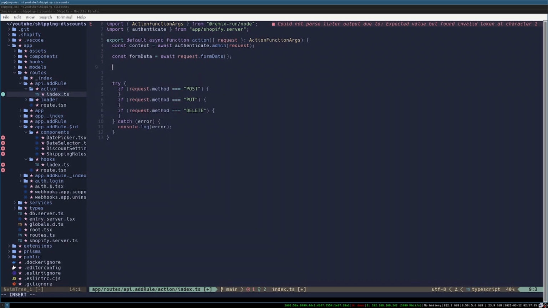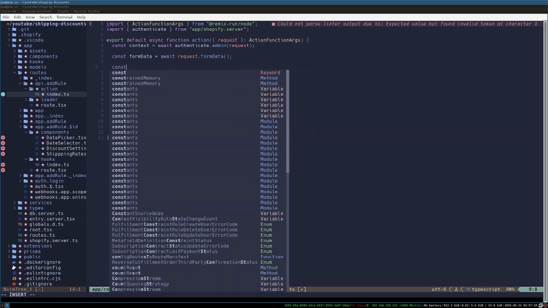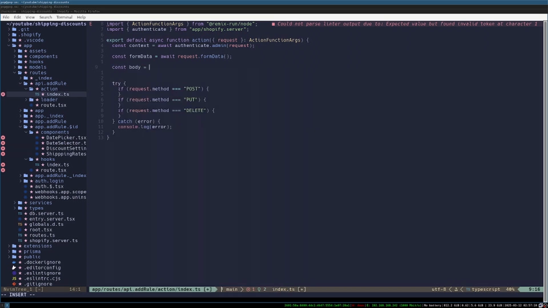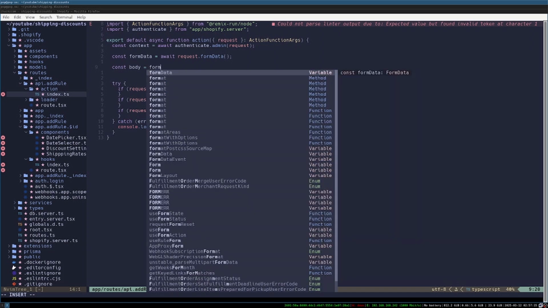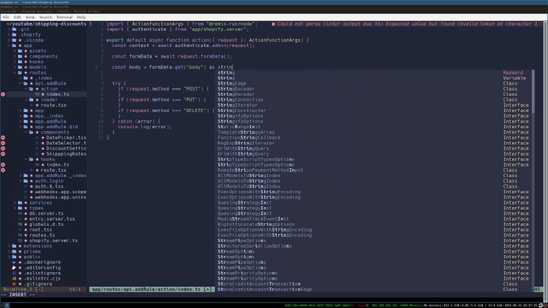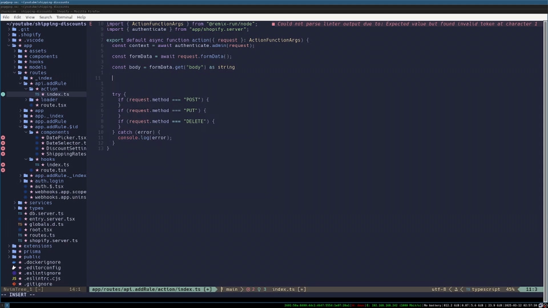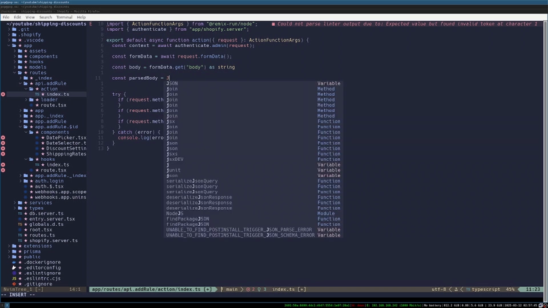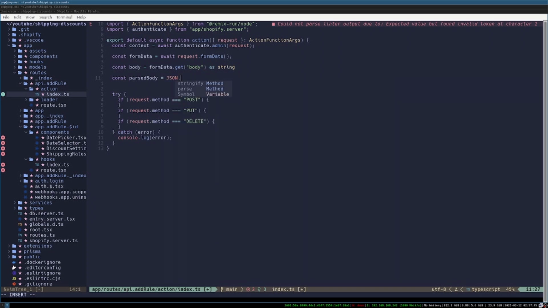All right, so now that we have the data from here, the form data, we're going to grab our body, right? So let's put it in a constant, and then formData.get, and then body, but it's going to be a string. Let's put a nice cast here. I know the TypeScript enthusiasts all hate this casting thing. So now let's put a parse body constant here, and this is something I want to show you. That's it. So JSON.parse